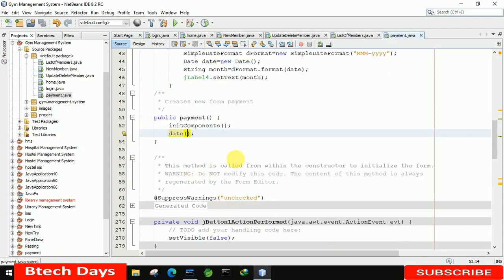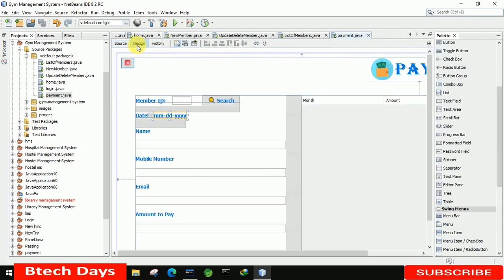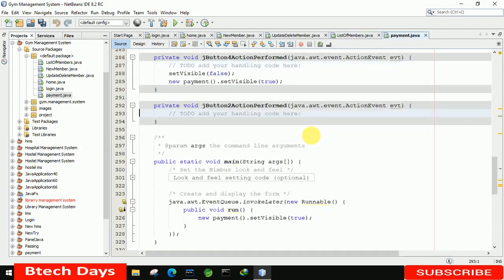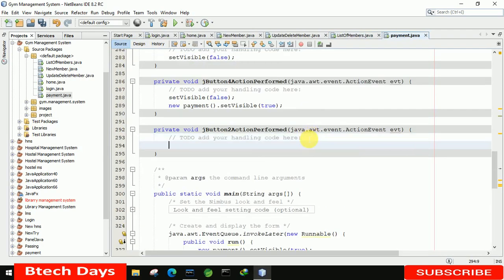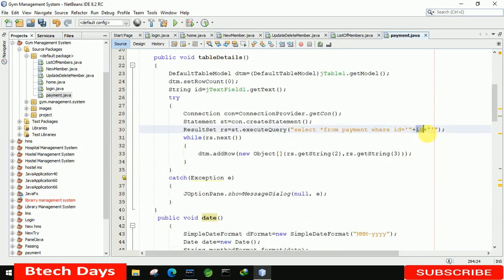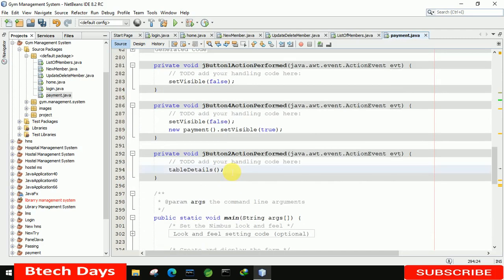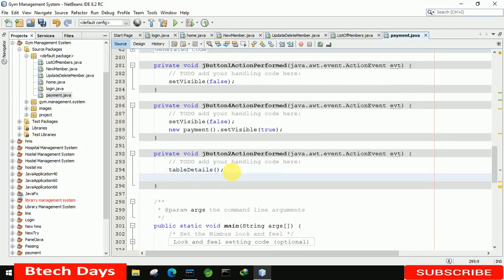Okay, now we have to write the code to search. Let's go here and generate the event for this action performed, and move here. The first thing is we are going to call the table content, because it already has the id, so it will take it from text field 1. It will update our tables accordingly. After that we have int checkId equals 0.